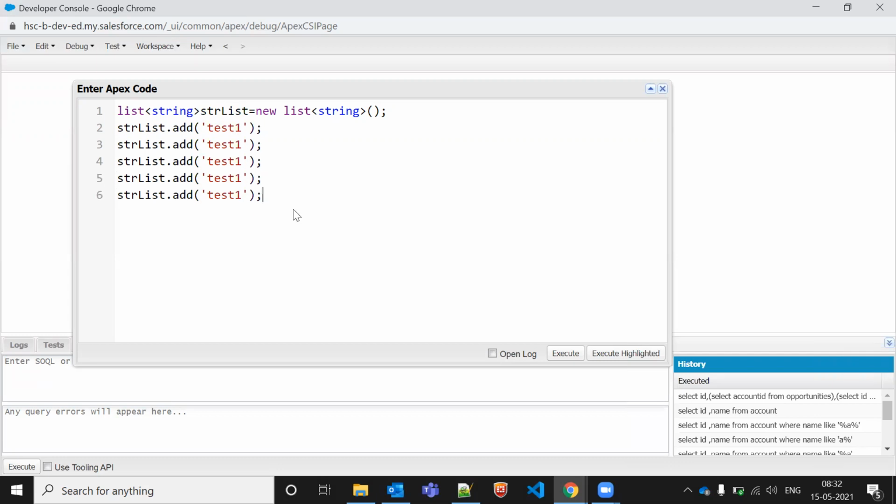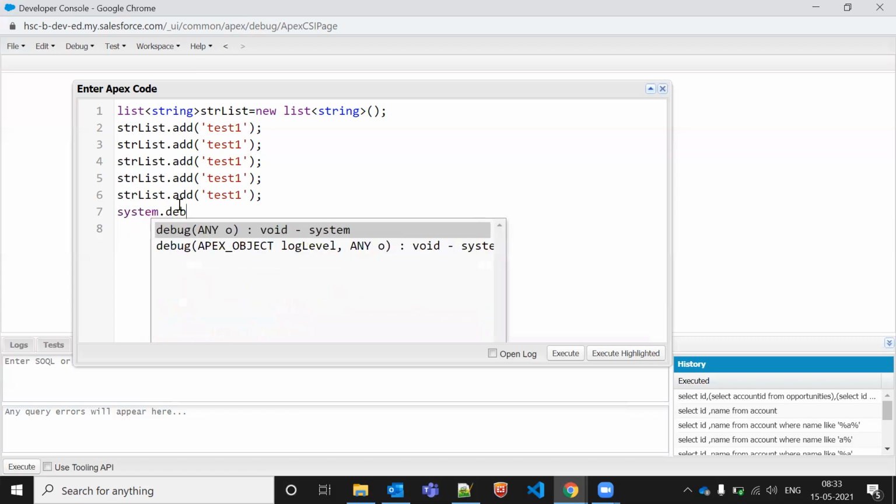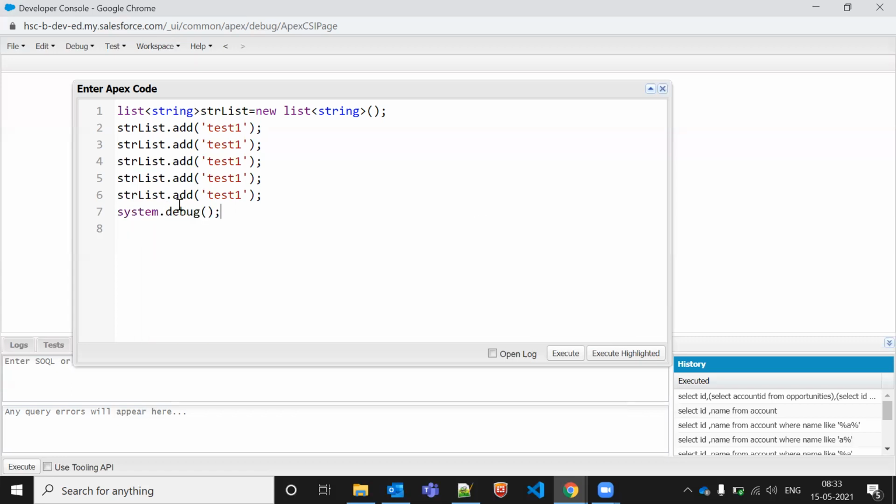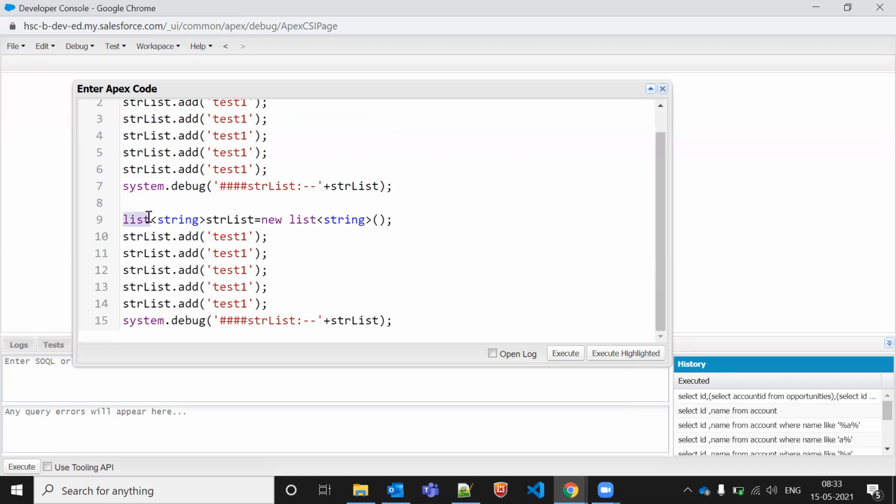Finally, I'm writing system.debug. Inside this, let me copy all these things and convert everything into a set as well, so you will get to know the difference between set and list.